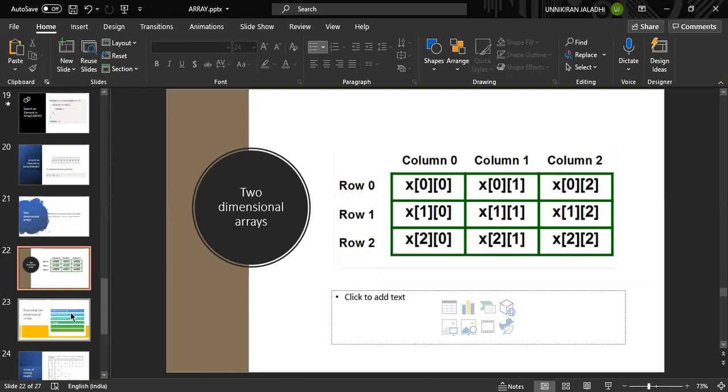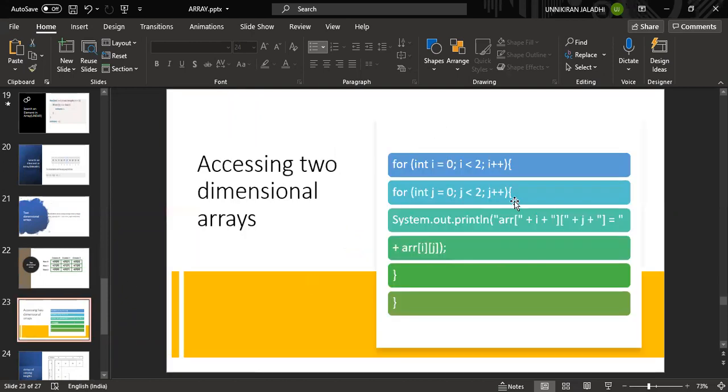Okay, let me show that to you. See how to access that one. Here we are using a for loop. Now, what will the for loop do? This is the outer one and this is the inner one. Please don't forget this at the time of accessing a two-dimensional array.